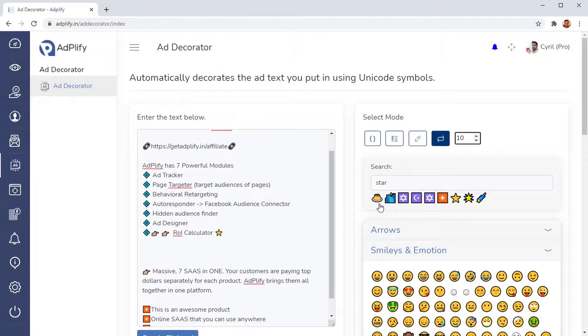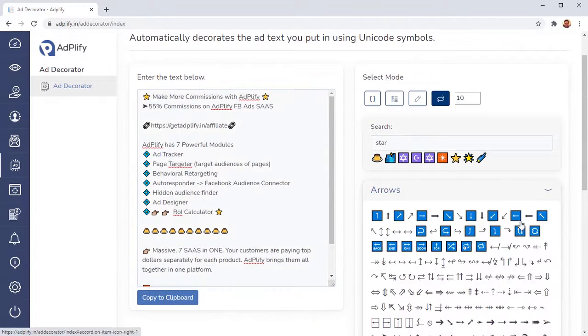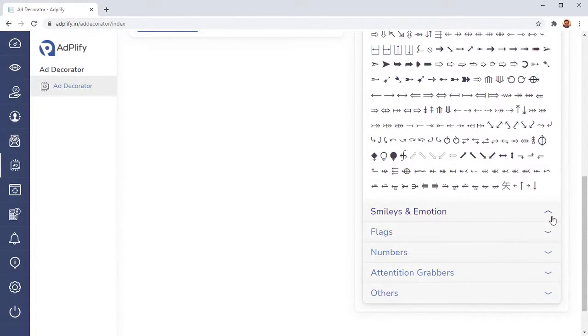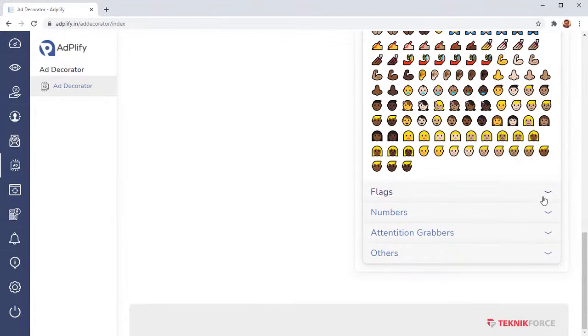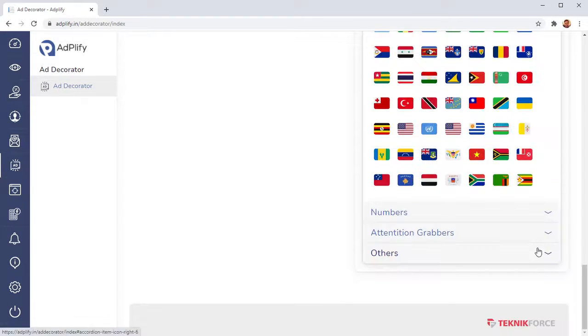Let's say I want 10, and let's put in 10 coffee cups. So you can actually add a lot of jazz, a lot of sparkle to your ads without having to go through a lot of pain, because everything you need to make such amazing ads is right here. You can scroll through them, you can scroll through the emojis, you can see what the options are, and select from the options you want. So here's everything